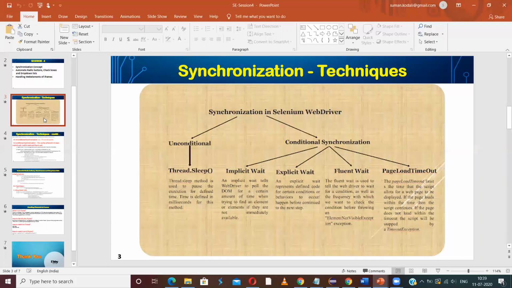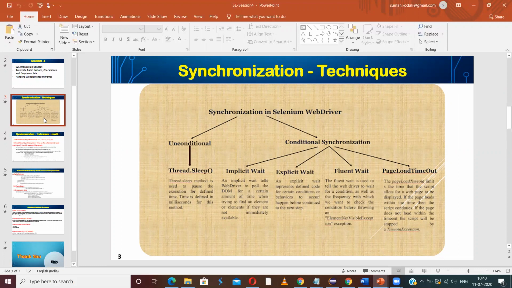So this is basically a kind of wait, but there are different waits. So we have seen unconditional waits, and when it comes to conditional synchronization, we have seen implicit wait, explicit wait, and page load timeout.